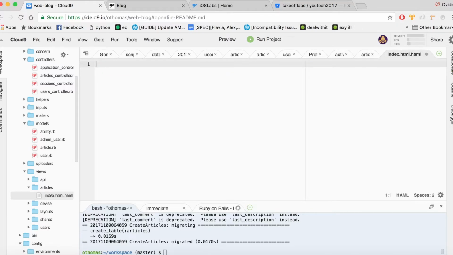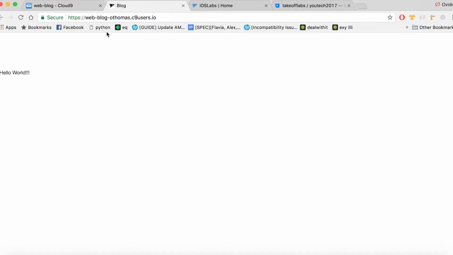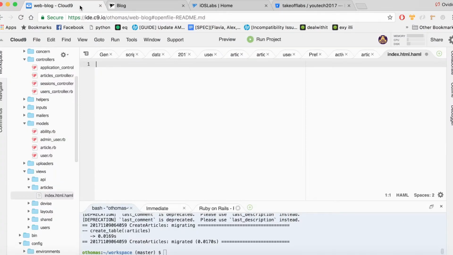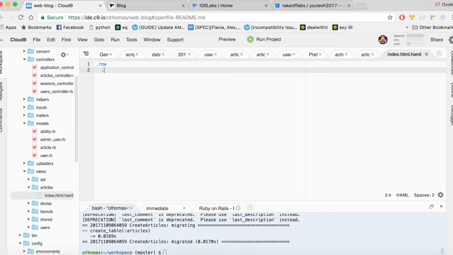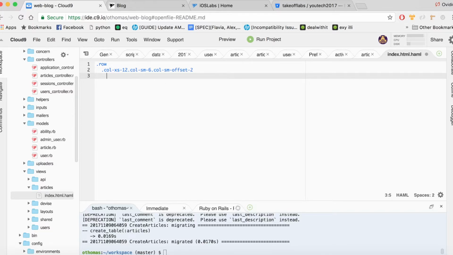Now we need to display them, because as you've seen, I refreshed the page and it doesn't show us anything. So we need to add some bootstrap classes, which will be col-xs-12, col-sm-6, col-sm-offset-2, and we need to parse the articles by integrating Ruby into our HTML file. So we'll do it like this: articles.each do |article|,